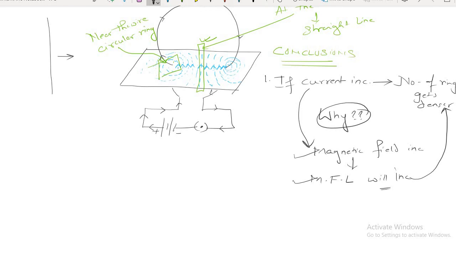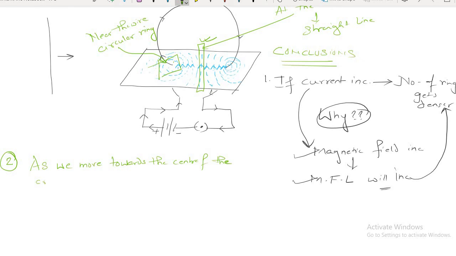Now you can see what is the second conclusion that you can draw. I am writing the second conclusion on the left hand side. See, this is the second conclusion. What is the second conclusion that I can draw? The second conclusion is, as we move towards the center of the coil,